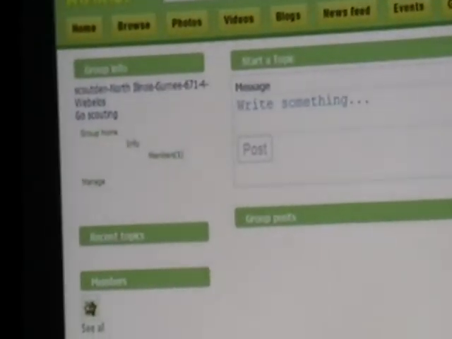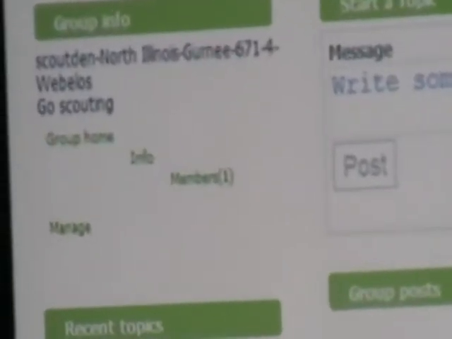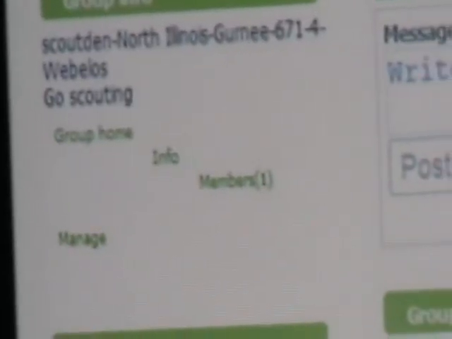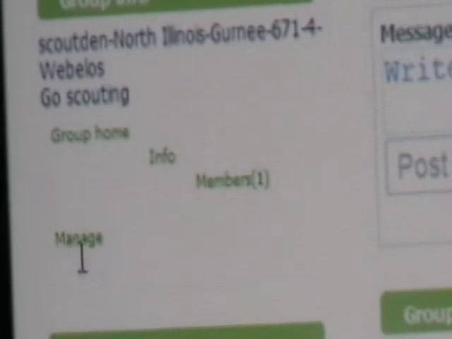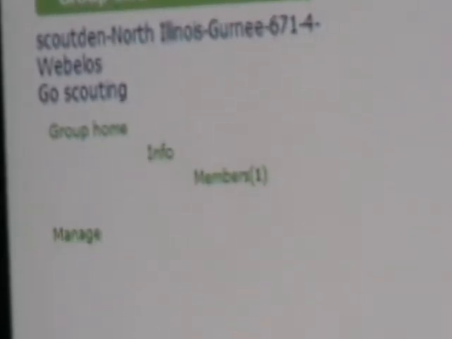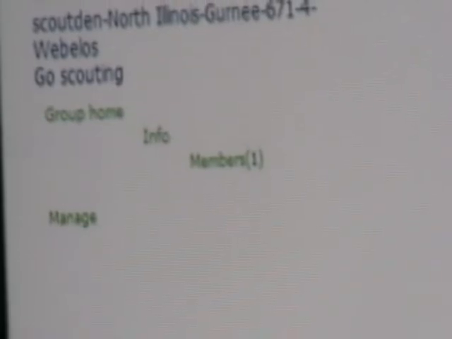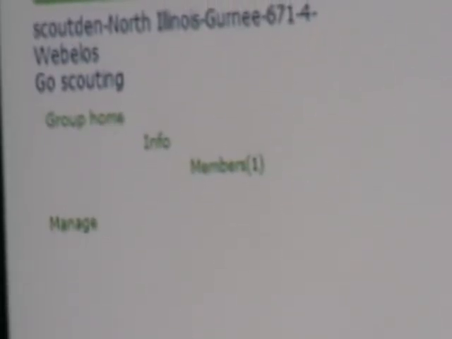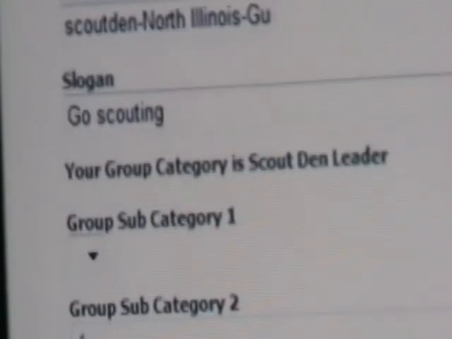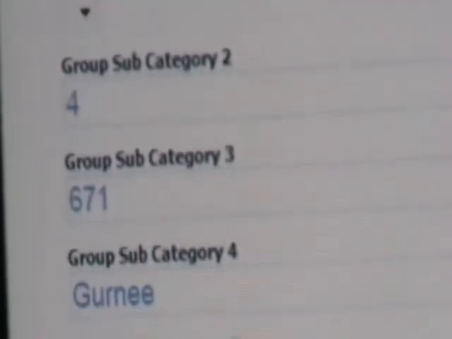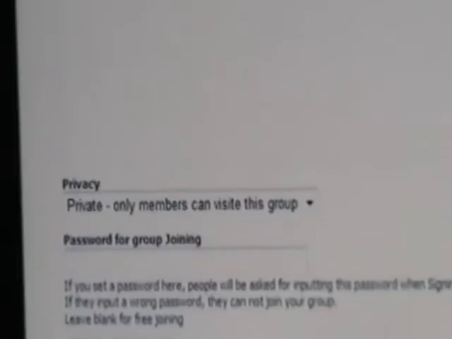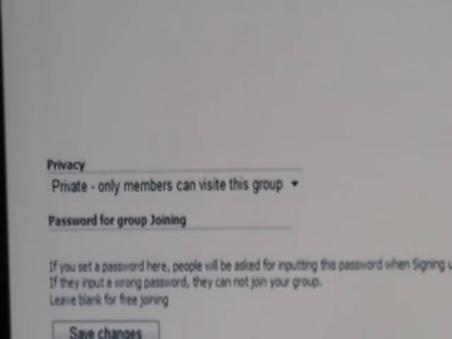You just create it. Once the group is created, you go in the tab called manage group, click on manage, and you will see the whole form here. If you want to put a logo, just click on the logo section, browse the image and put the logo, but otherwise all your information is available here, and you have to make sure you set this group as private and give the password.